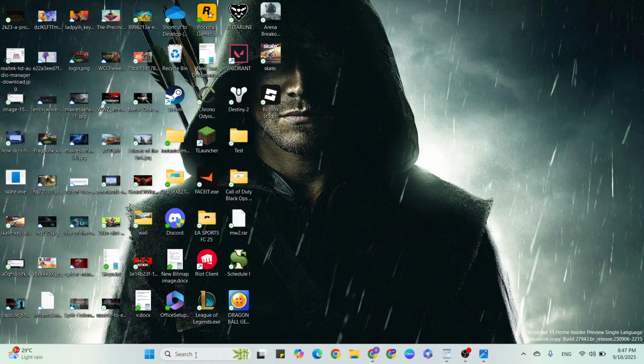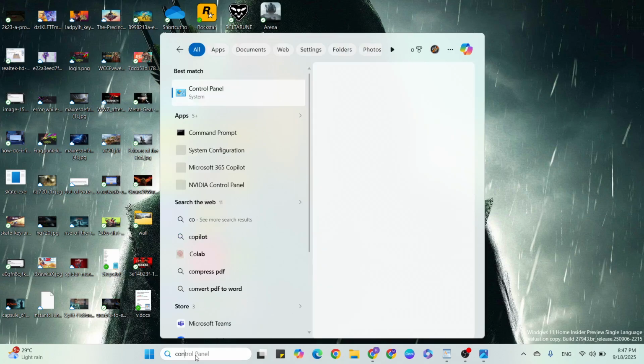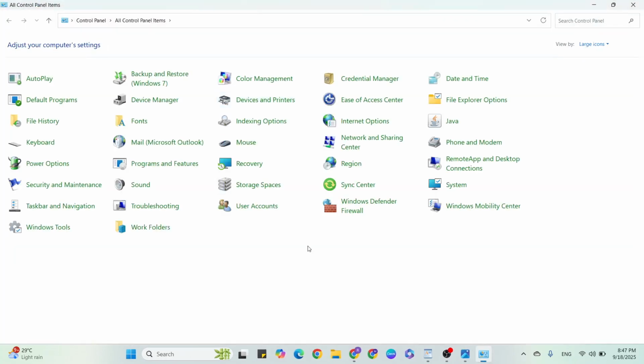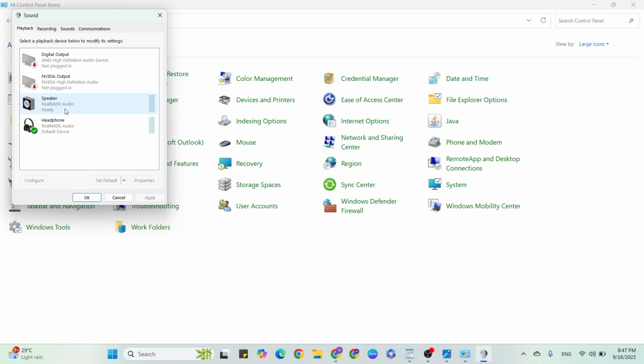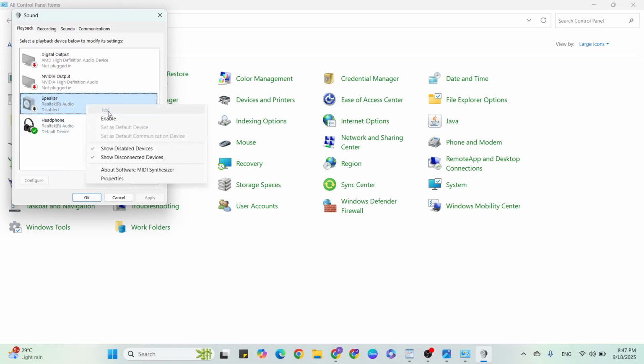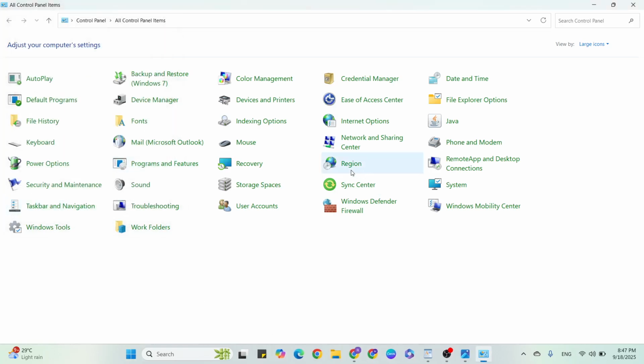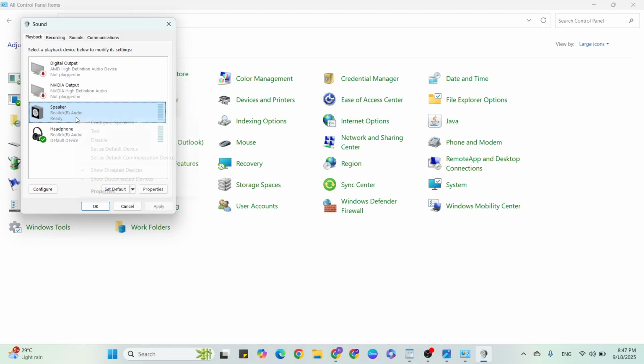Go to the Windows search bar, type control panel, and click to open it. Once it opens, click on sound, find the Realtek audio, select it and right click on the device, again right click on enable, check it, hit the OK button, click here to close it, then check the audio again. If it is still not working, try the sound again, click here, then right click,